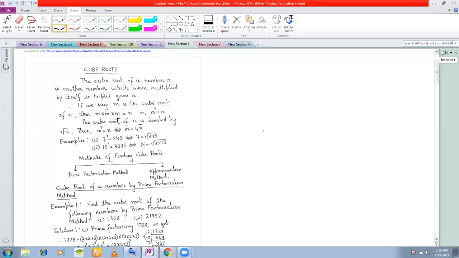Moving on to cube roots. Just as you have square roots, in exactly the same manner, you have cube roots. Suppose m is equal to n cube, or you have m cubed is equal to n. Then this number m is called the cube root of n, and is written as